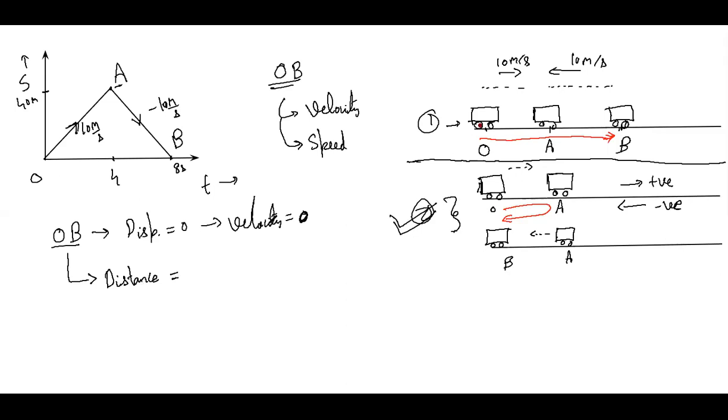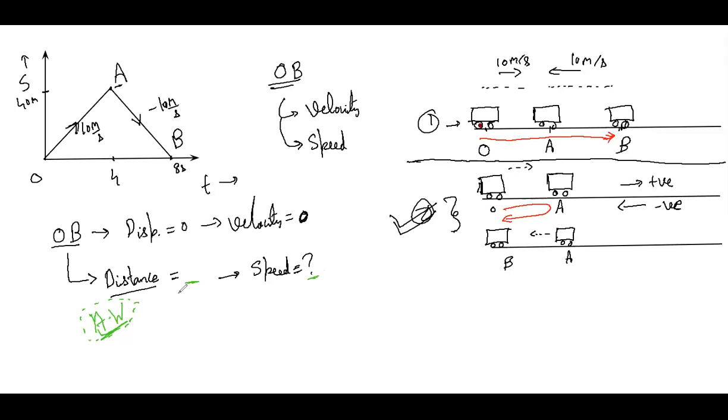Okay, there's a homework for you. You can calculate the distance, then try to find out the speed. Information is less, so how can we find the distance? Information is enough, I'm telling now. From the graph you can decipher how much is the distance. So you have to find out the distance, and from that you have to find out what is the speed of the particle between O and B. Speed of the car.